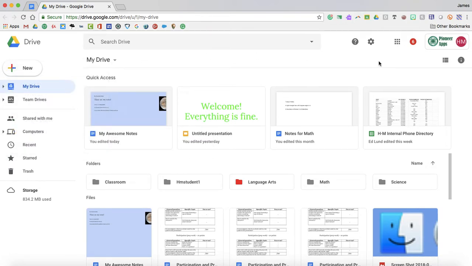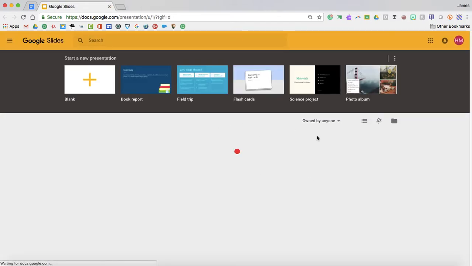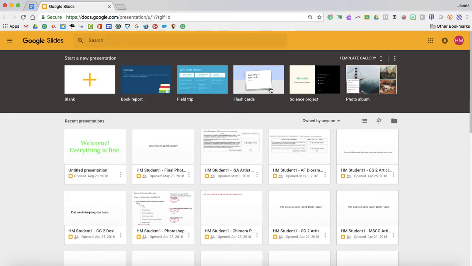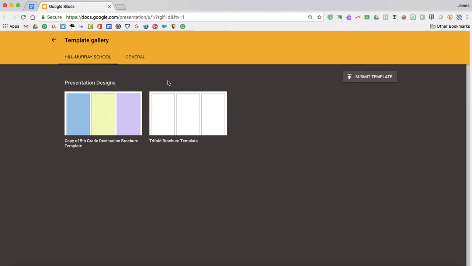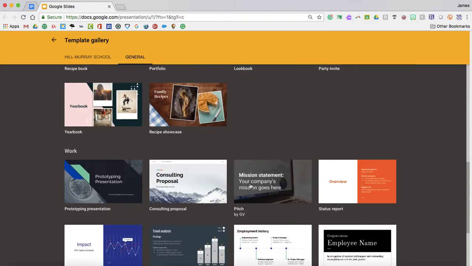You can also create a new Google Slideshow by clicking on the waffle and clicking on Slides, which is what I'm actually going to do. Go ahead and close my drive. And that will bring up the Google Slides platform. And this is kind of helpful just because you can see all of the different templates that are available up here. And again, just like Google Docs, templates are super helpful